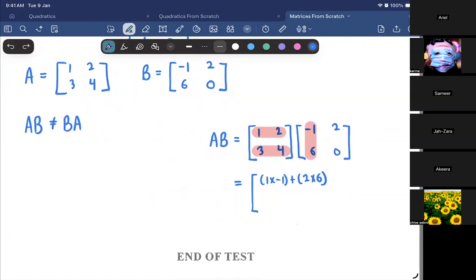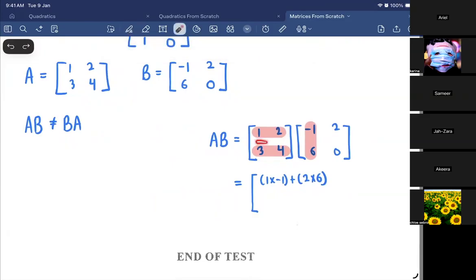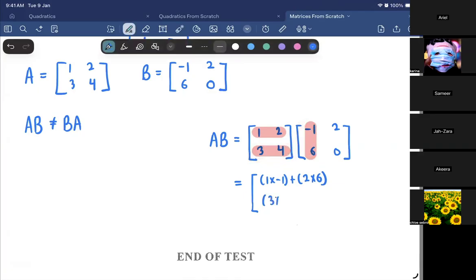So we have this by this. We're going to multiply all the rows by the first column, and then we're going to move on to the second column. Joshua, what is the first element here? 3. So 3 by negative 1 and 4 by 6. Yep. And then the next column would be